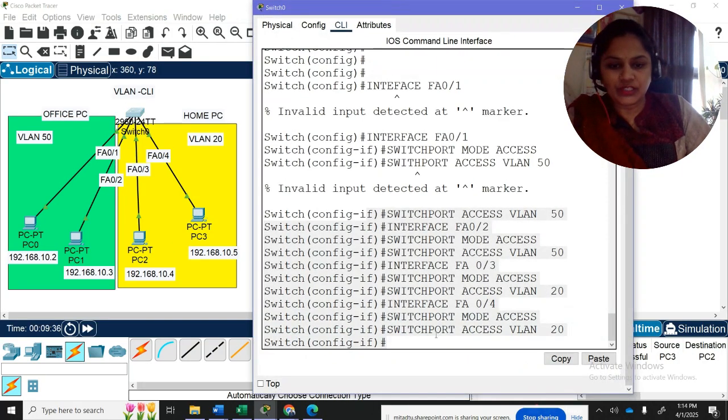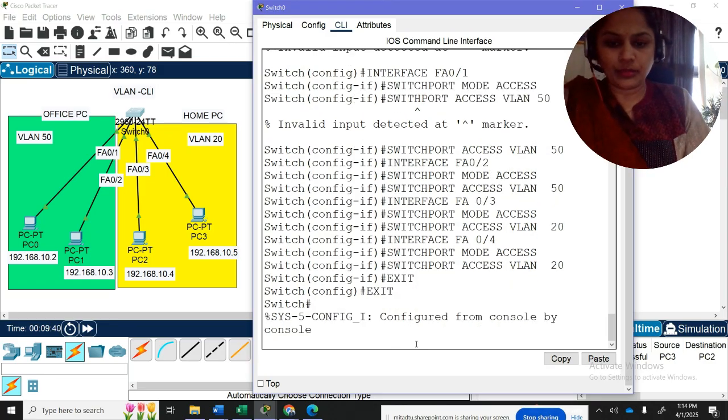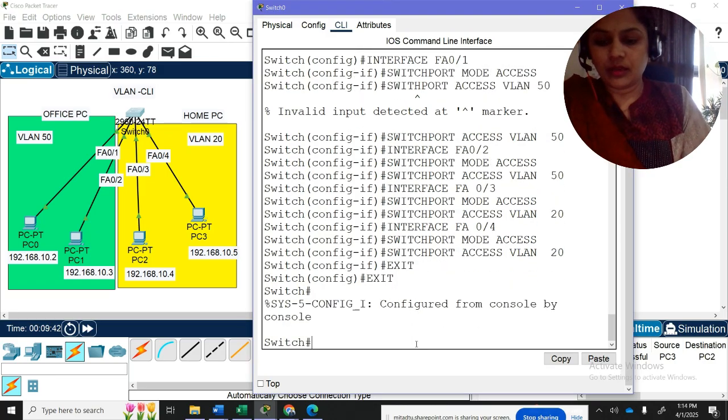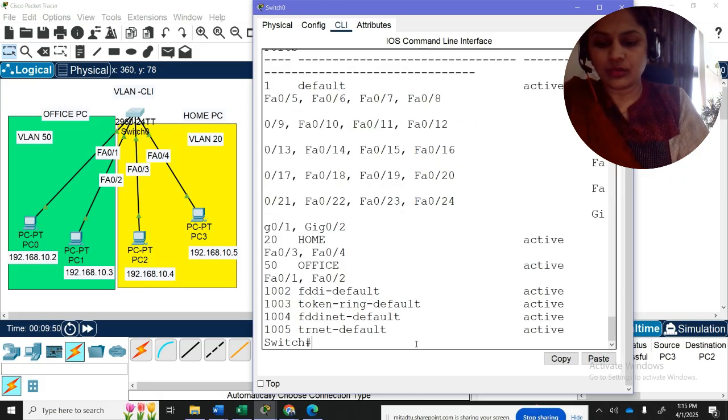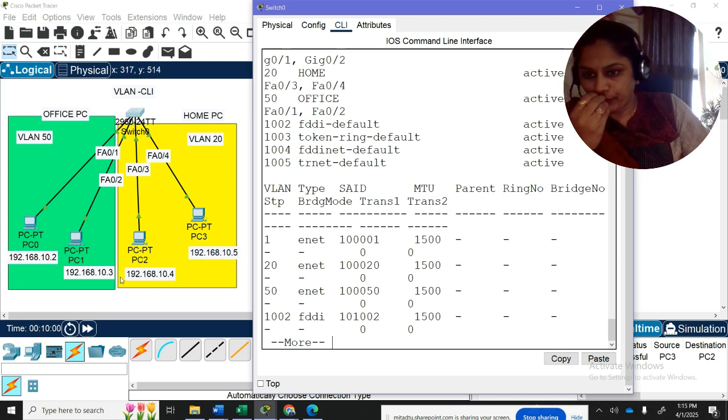Now we can check this. We have to exit from here and come to your switch. We can check this with show vlan brief. This command, or the show vlan command, gives us the total configuration of our VLANs. Let's try to ping this PC, 10.4, from 10.3.